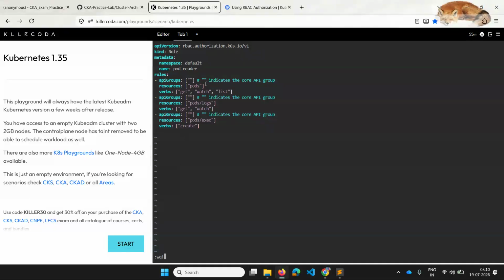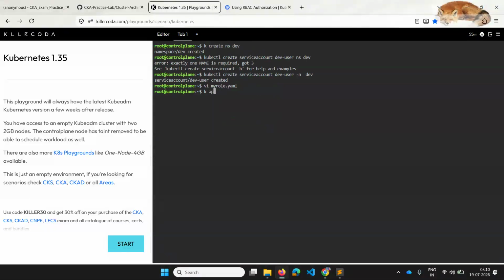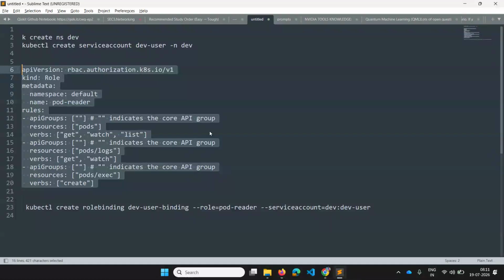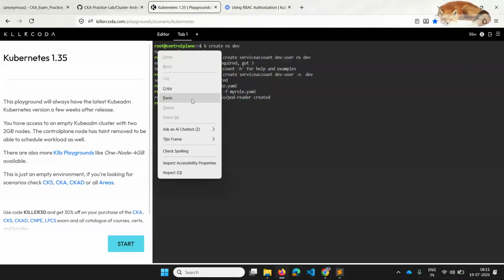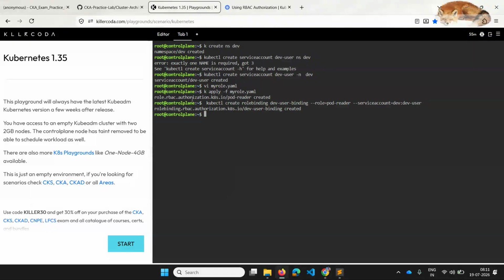This is for both the resources and sub resources of the pods. I'll apply my role, and it is created. Then I'll create a role binding which binds this role to the service account. So this role binding is also created.